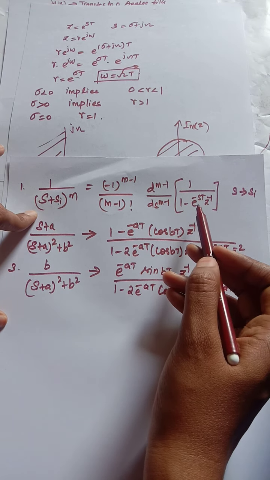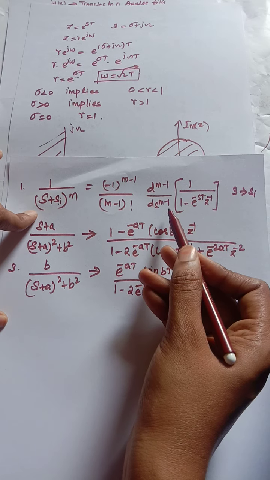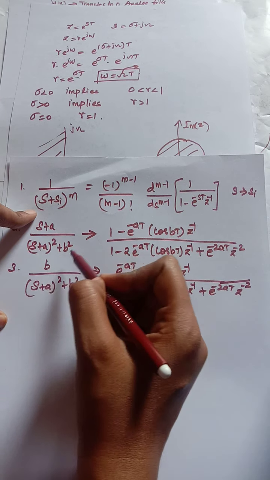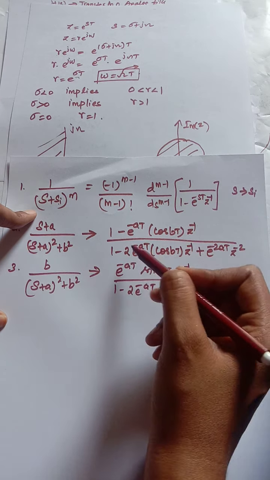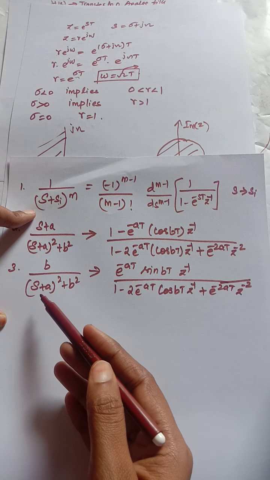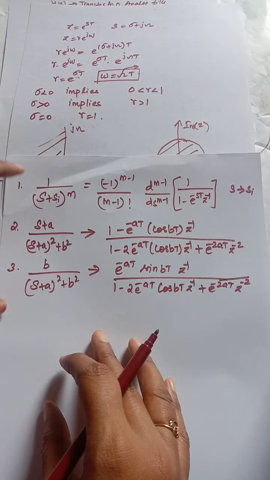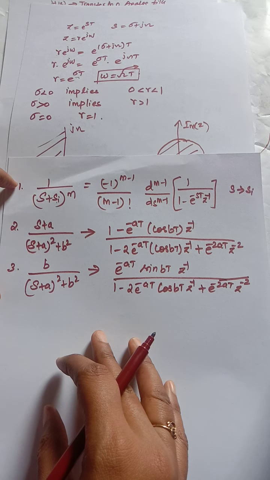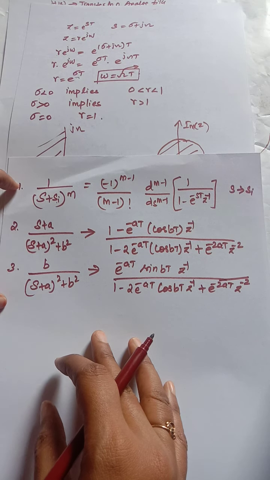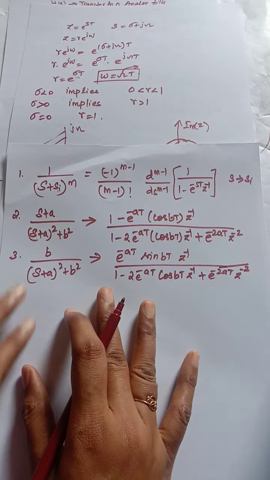So this is the formula for transforming into a digital domain. If you have poles in this format, you have to use this formula, and similarly if you have them in this format, you have to use this formula. This is just the derived one. There is no need to go through the derivation for this; we are just going to see the transformation.